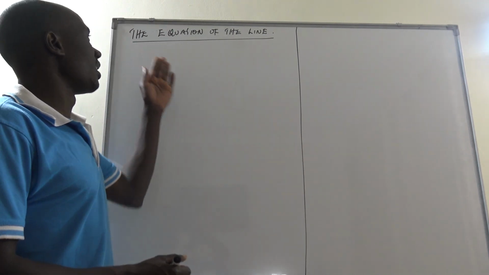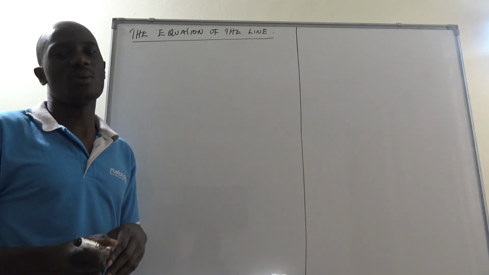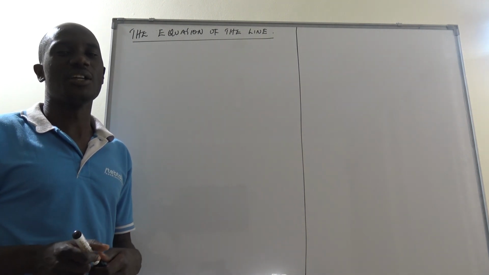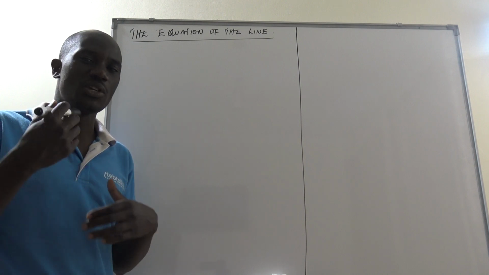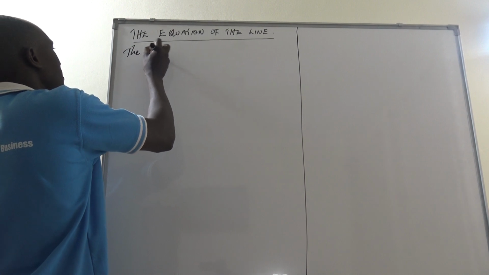We are going to look at the equation of the line, and at how we find the equation of the line, like what you have been doing at O level, the same thing which you are building on now. We can say the equation of the line